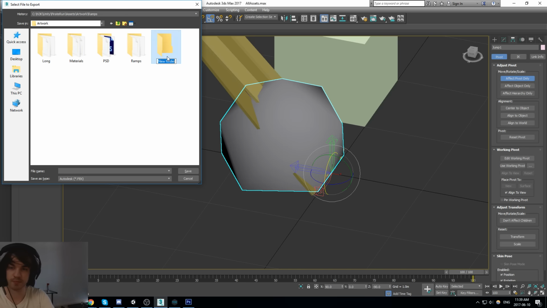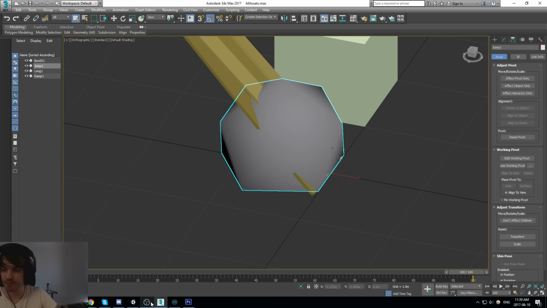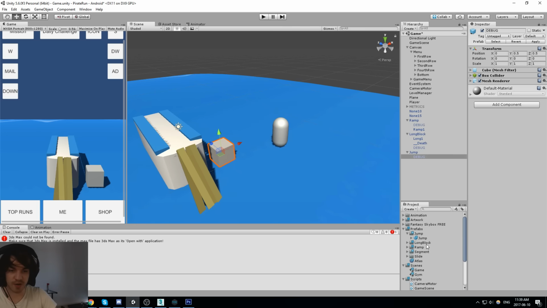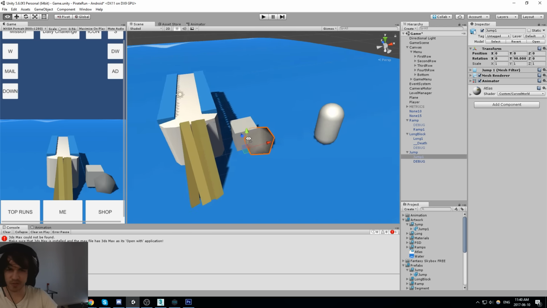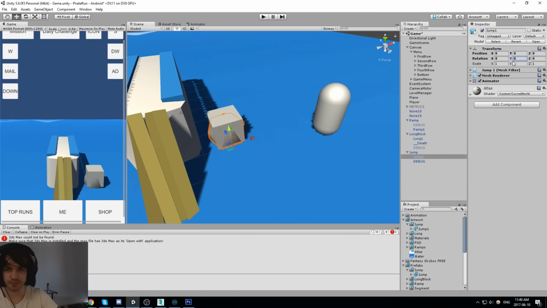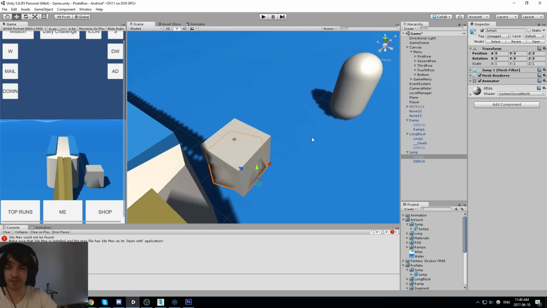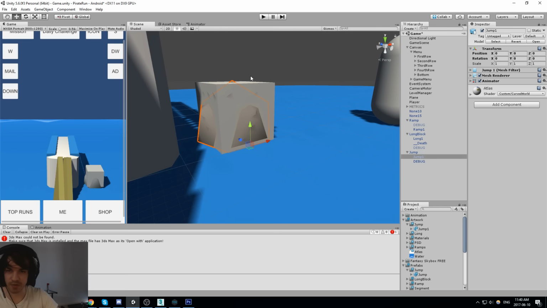Oops. And we are now ready to go back in here. Oh, that's actually quite a weird rotation. Okay, it just did something weird by default. So here it is, that's our rock.